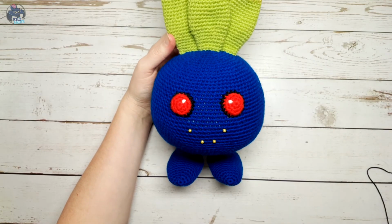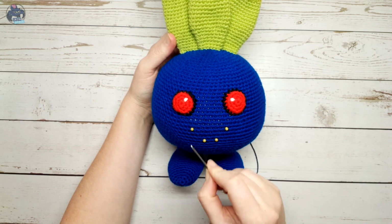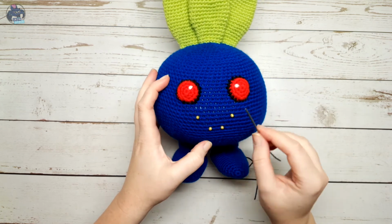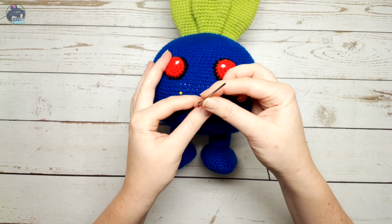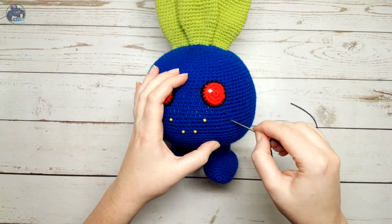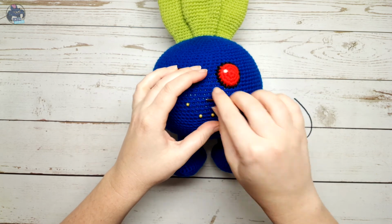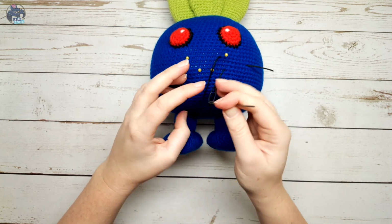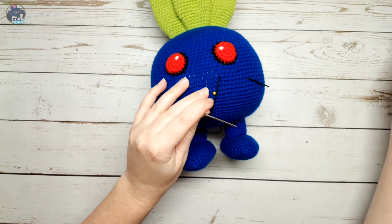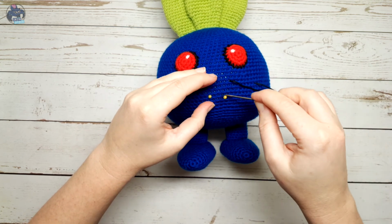The last thing I'm going to do is add a little smile. I've chosen to do a U shape, but you can go with whatever shape you like. Center it between the eyes. I've just marked out where mine's going to be with pins. And then I'm going to insert my needle with some black thread on it into the body. Go to the first pin. Pull through, but leave a tail hanging outside the body so we can knot that off later. Take out that pin. Go into the next pin